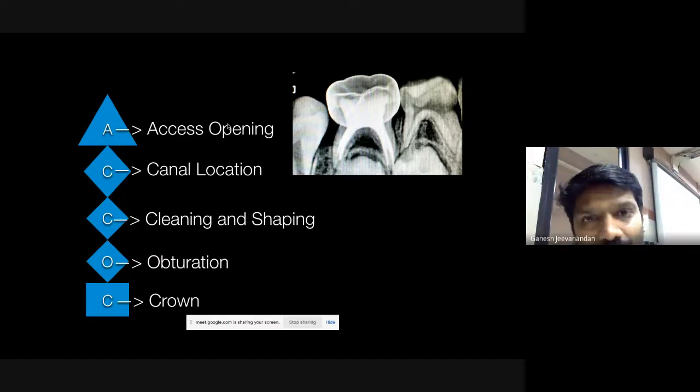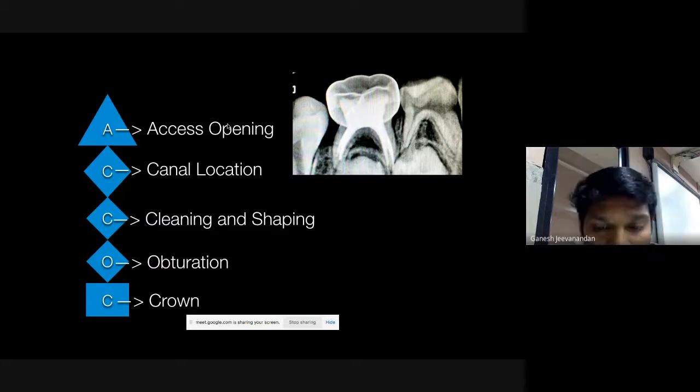Then you obturate with the biocompatible, radiopaque material. To protect the tooth from reinfection, you give a crown, which makes the tooth stable in the arch. These are the steps you have to do in the pulpectomy procedure.